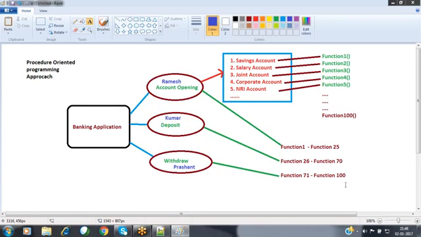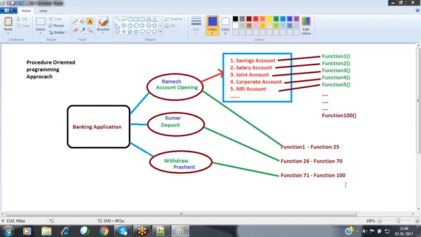In the same way, in procedure-oriented programming, everything is visible to all the people, so I want to make it protected. I want to provide data security. To do that, the functionalities that are available need not be made as a single application. We can group all the related functions together as a single entity, place it into a cupboard, and put a lock on it.